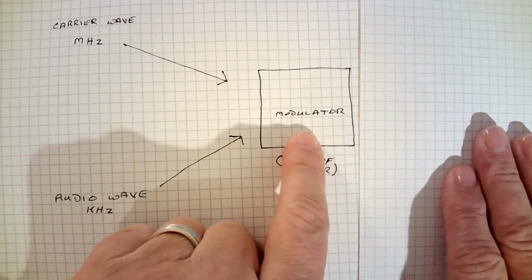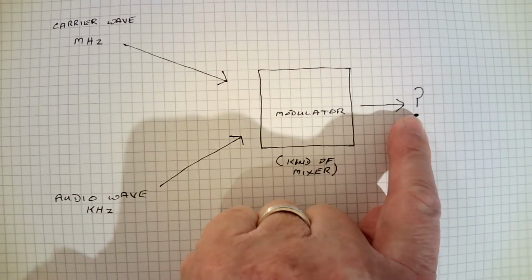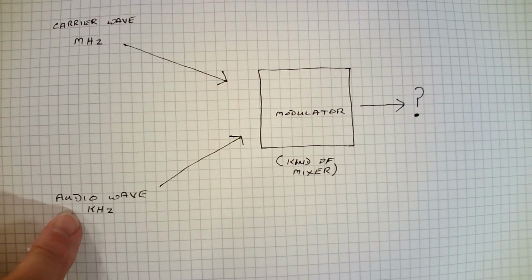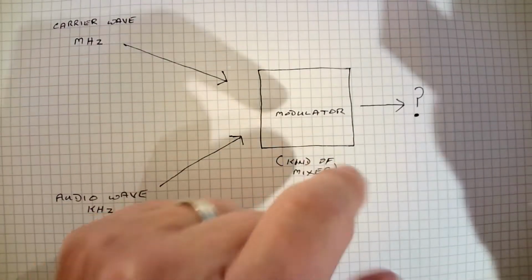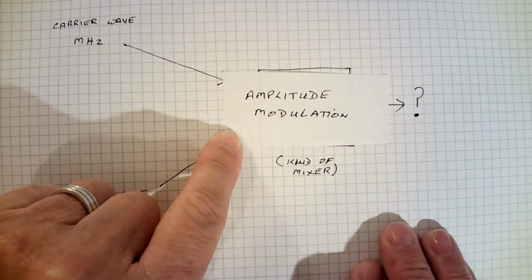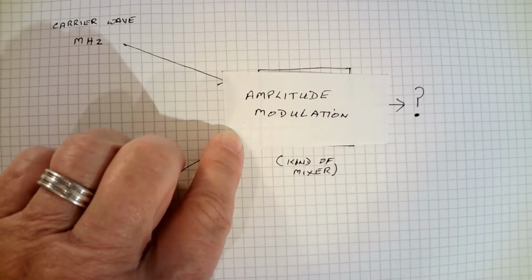So what comes out of the modulator? Well, that's a very good question. And it turns out that if you feed a carrier wave and an audio wave into a modulator, what comes out is an amplitude modulated or amplitude modulation radio wave. However,